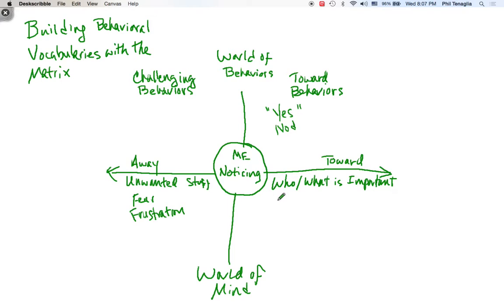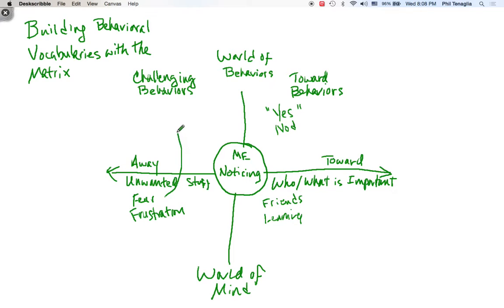So we might then say, the first question for you is, who and what's important to you? They might say, hey, my friends are important to me. And if they're noticing that they're in school, they might say that learning is important to me. So we're going to put that down, right? And then we might ask them, well, something seems to be showing up that's getting in the way of you doing that kind of stuff and moving in that direction. What do you think it might be? I've already written down things here, and usually it might come down to some kind of fear or some kind of frustration. So we might write that down, and then we might go up here and say, well, let's notice some of the things that you're doing to try to move away from this stuff.